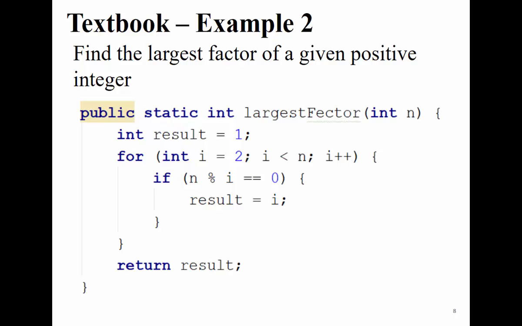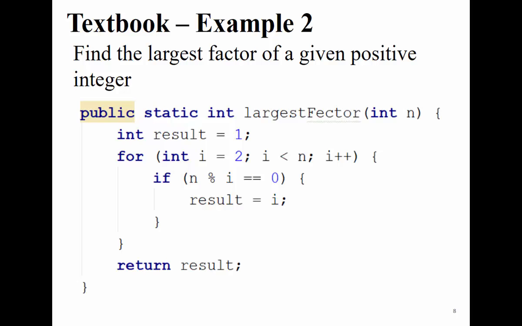Rather than checking all the factors, how are you going to do it? Everybody agrees that 1 is a factor of any number, because take the number, multiply it by 1, it is the same. Take the number divided by 1, you will always have remainder 0. That's why we have result equal to 1. Now we start from 2.